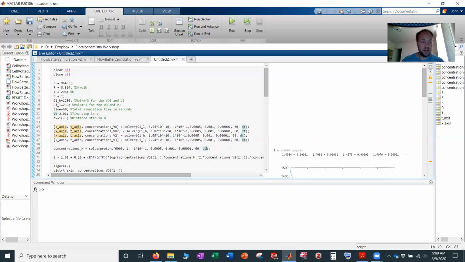And then for time, since I don't want to type time all the way out, I'm just going to copy it. I'm going to come in here and switch this to time, time, time, time, time. And then this one will be dx, dx, dx, dx, dx, and then